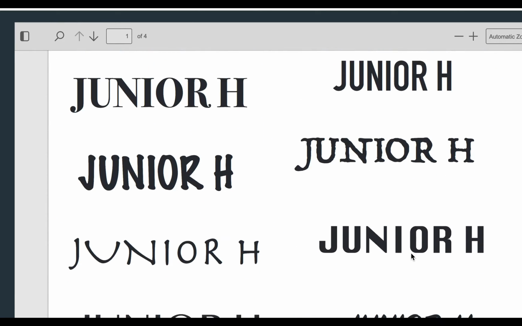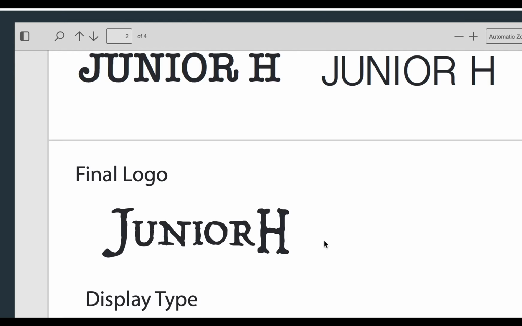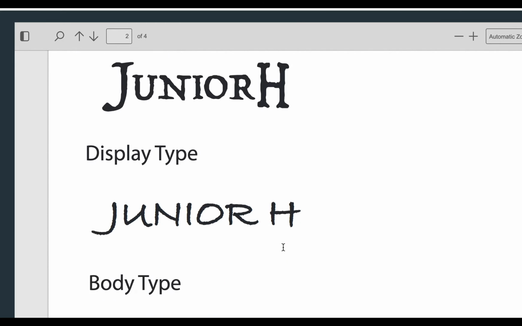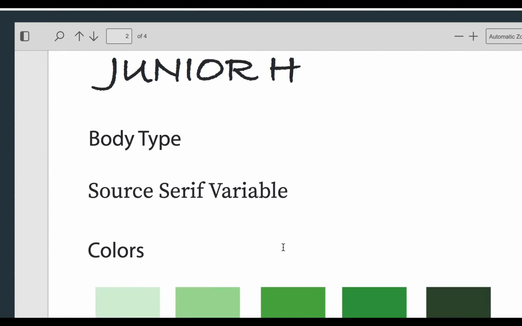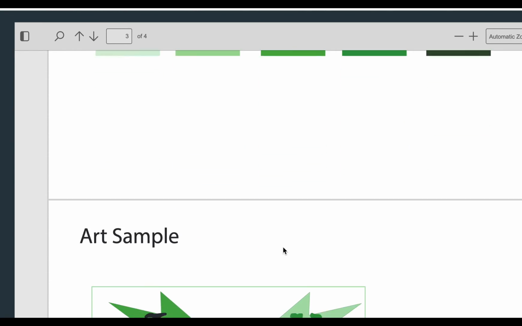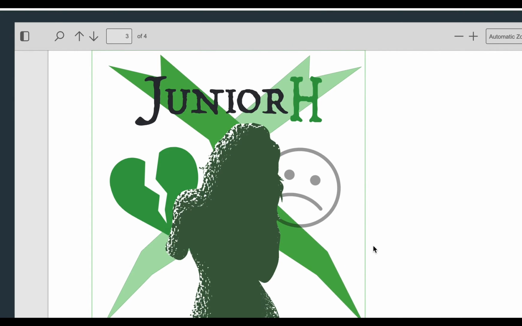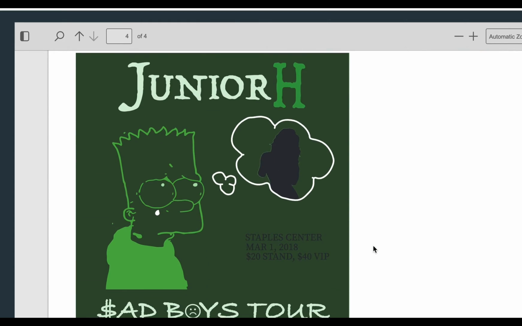Here's our thumbnails. Final logo. Display type, which goes with it pretty well, especially if it's used right. Colors great. Here's the art, and this is the initial one, which I thought was okay, but not really. It was hard to understand a few things that are going on here. I mean, I see a female form, I see a sad face, a broken heart, and an X behind it, but it's still a little vague, where I think this one